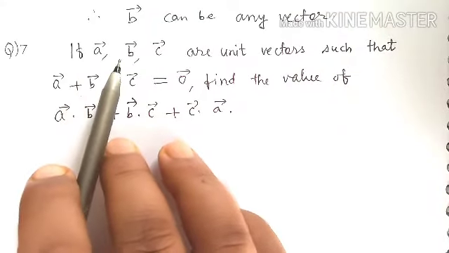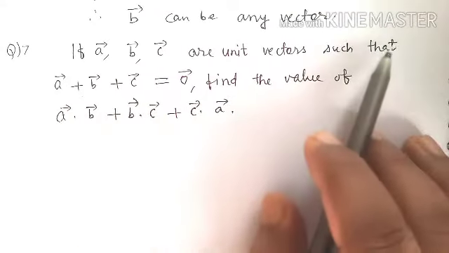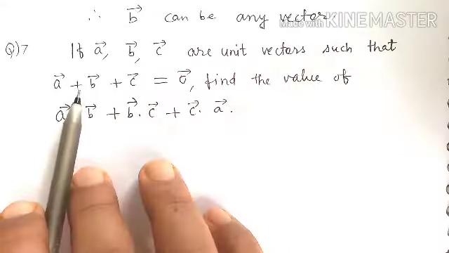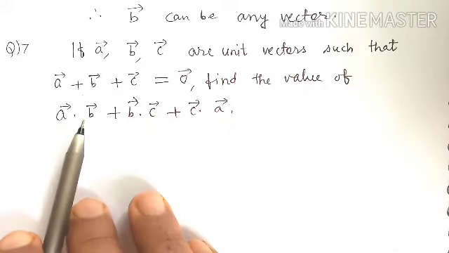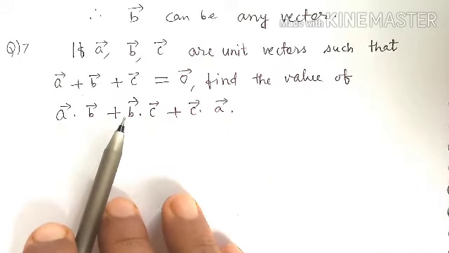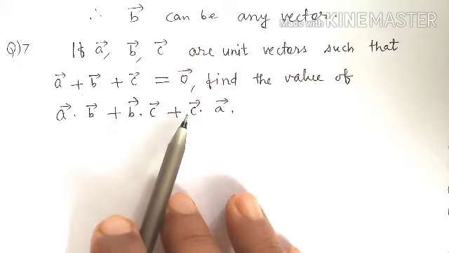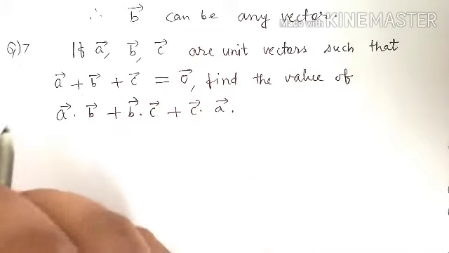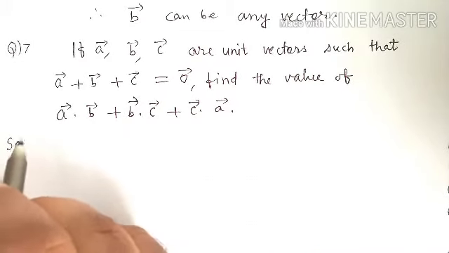If vector A, vector B, vector C are unit vectors such that vector A plus vector B plus vector C is equal to 0 vector, find the value of vector A dot vector B plus vector B dot vector C plus vector C dot vector A. Solution: